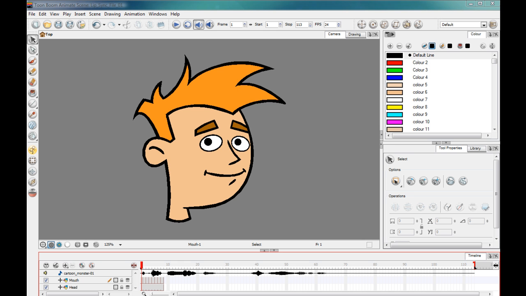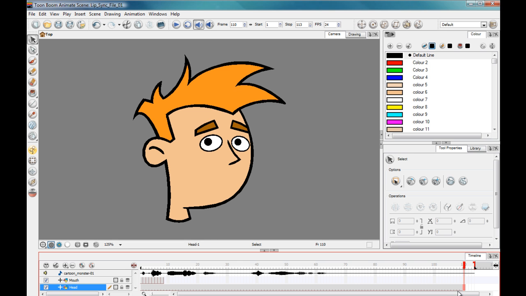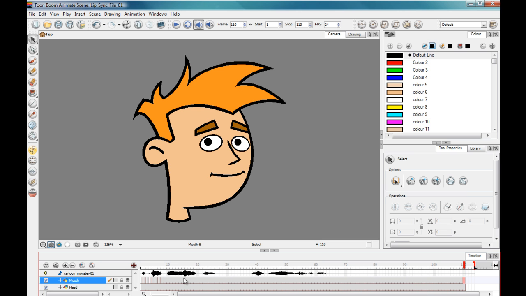Okay, so what we're going to do is stretch these frames out so we know that we're going to cover this sound file. So if we come out here on the head layer at around 110, I'm just going to hit F5, and again on the mouth layer there. Now you'll see at the start we've got all our mouth shapes, and then that last mouth shape just extends the duration